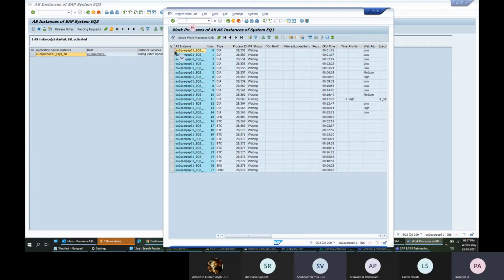Yes, /n is used to terminate the previous T code and open a new T code, and /o is for opening a T code in a new session, a new window.